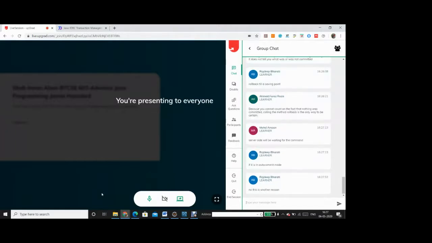Oh, you are telling me another reason. No, we have already switched off the auto-commit mode. We have set auto-commit equal to false, so it doesn't have to do anything with the rollback in that case, because for every statement there is a commit in auto-commit mode. If auto commit is true, but we have got the situation here where auto commit is false.